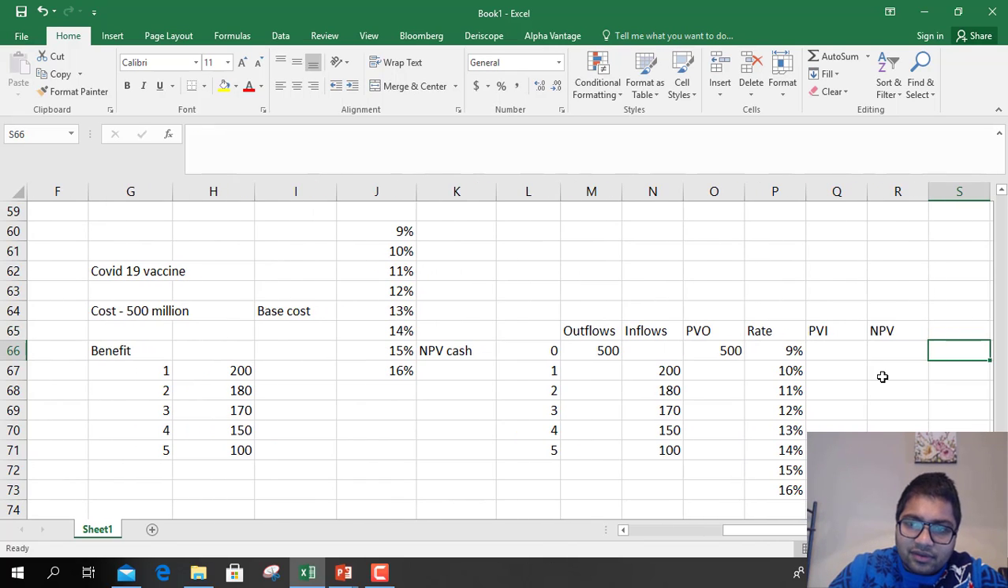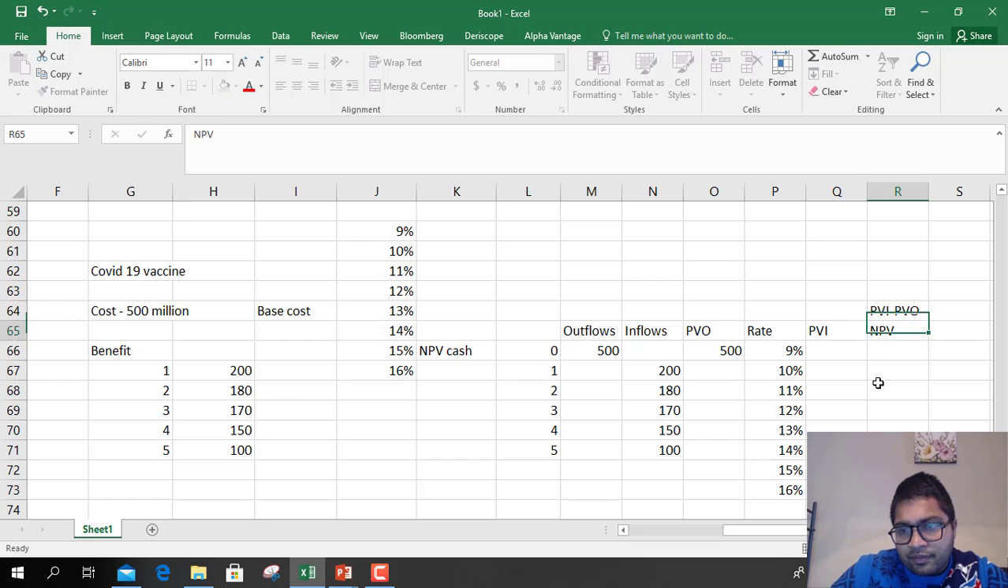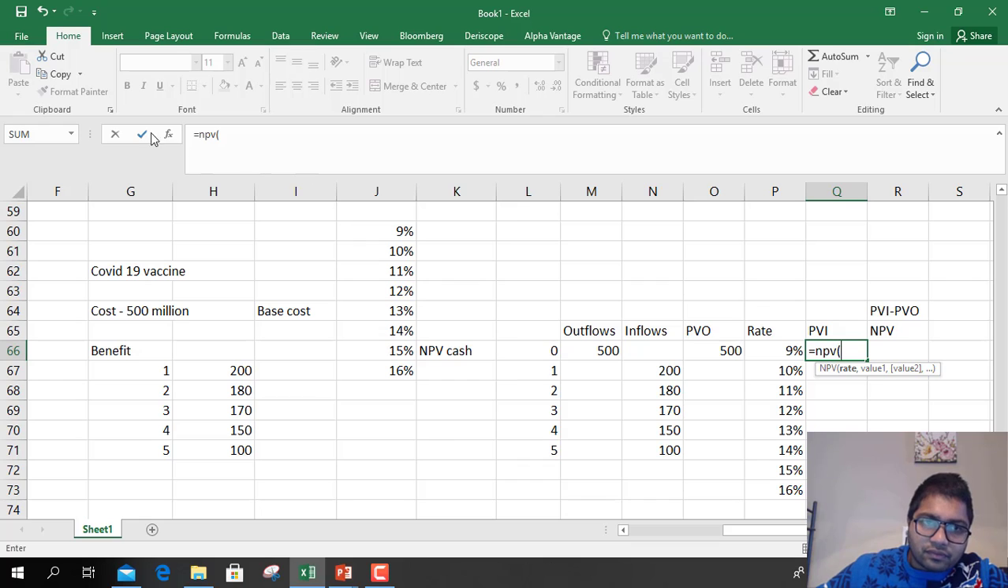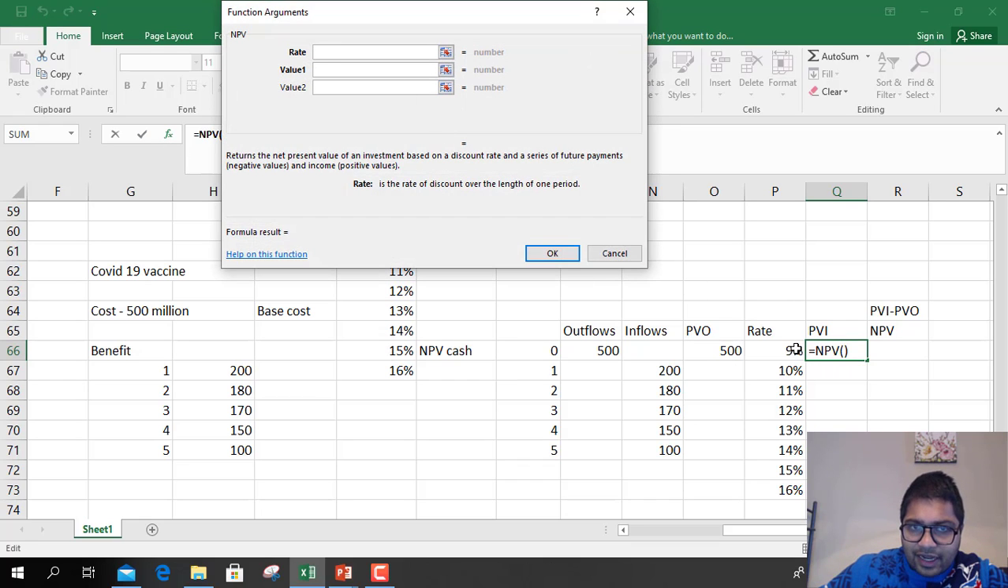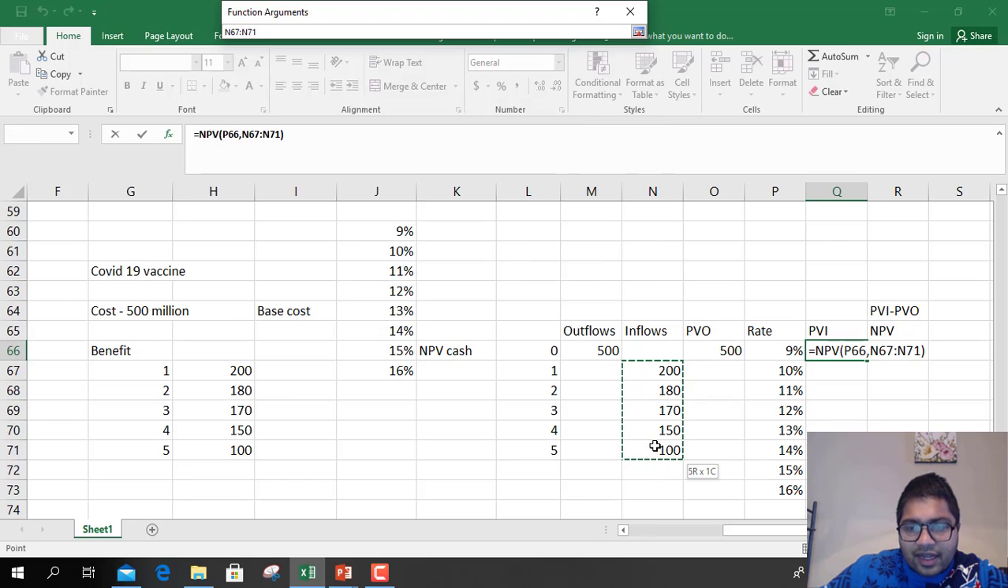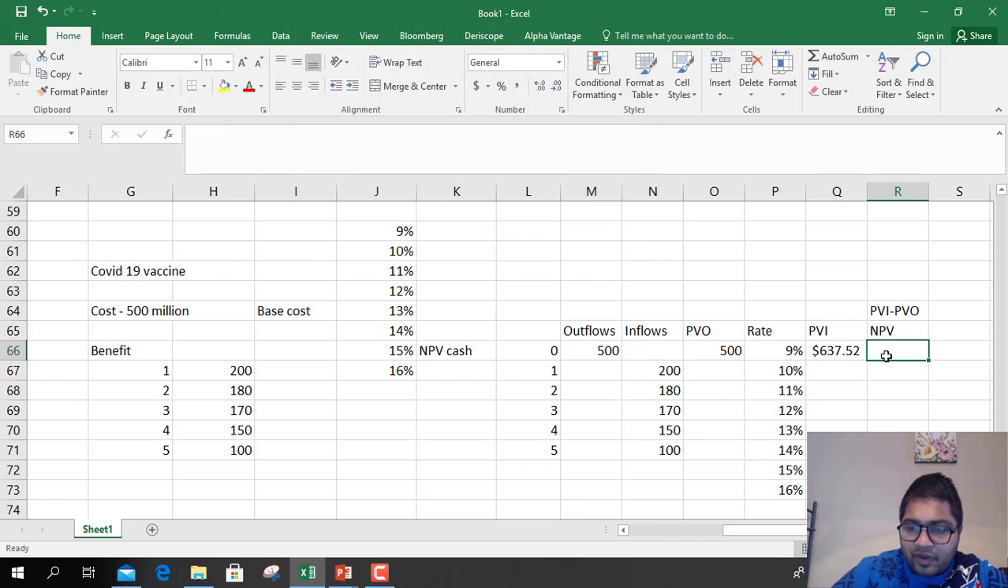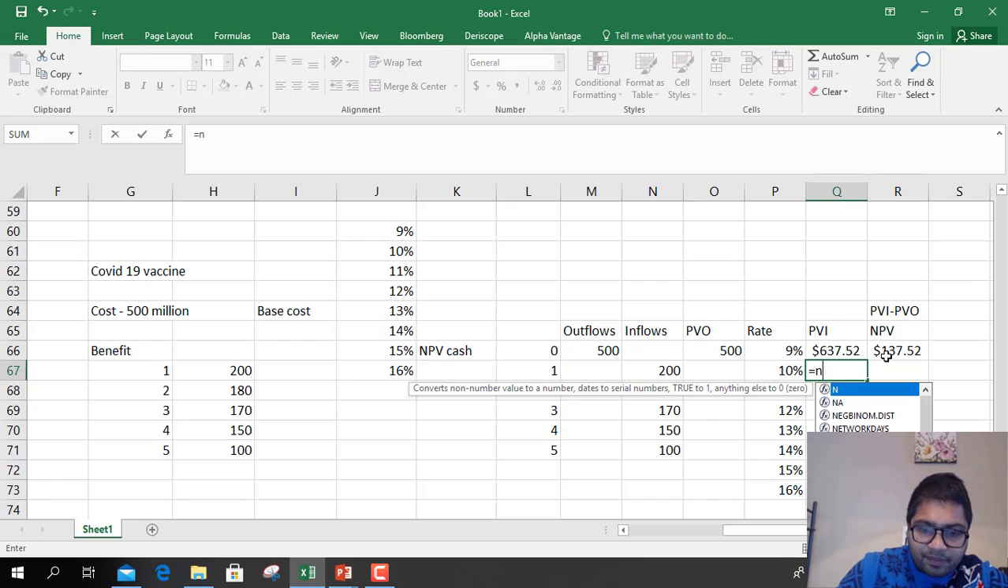NPV is nothing but PV benefit, that is PV inflow minus PV outflow. Okay, so let's calculate that. So present value, rate is 9%, values are these, so we are going to drag them, 200 to 100. So NPV would be benefit minus cost, so 137. Then NPV,